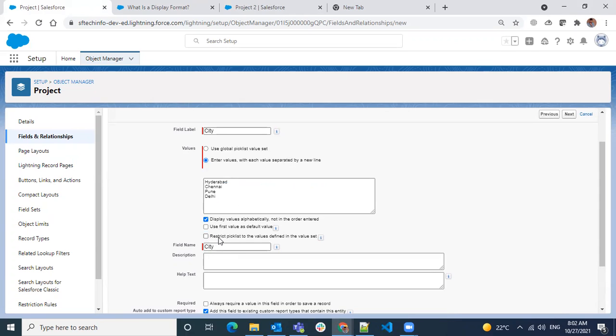If you uncheck this box, you can allow users to give different values, apart from this list. Let's say you create records not only from a UI; you can also create records from a backend, from a program, or from other systems where you have integration, or any other part of your automation. There are other ways of creating records as well, not only the UI. We'll go to that next.